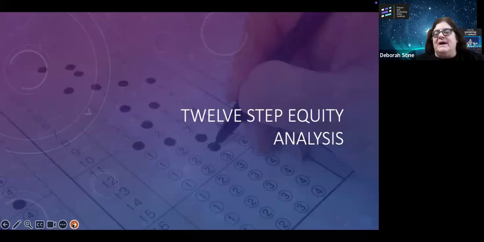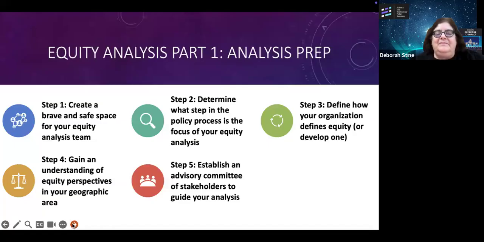So I'm going to talk about the sort of 12-step process to go through this. I will mention also at this point that you will get copies of these slides, so don't feel you have to frantically copy things down or things of that nature. I've adapted this 12-step process after looking at a number of different models and then real world application over time. So it's a mix of different things that I've now put together.